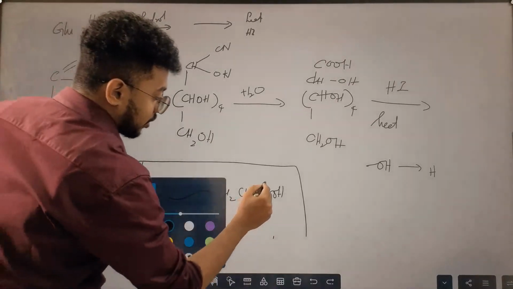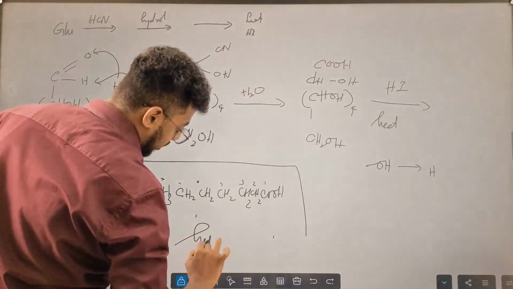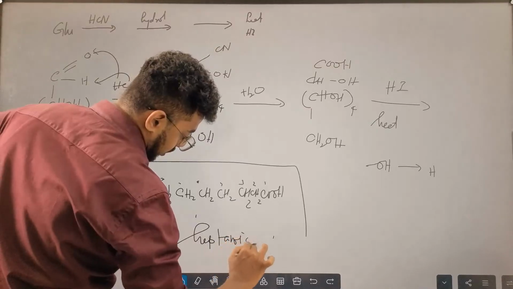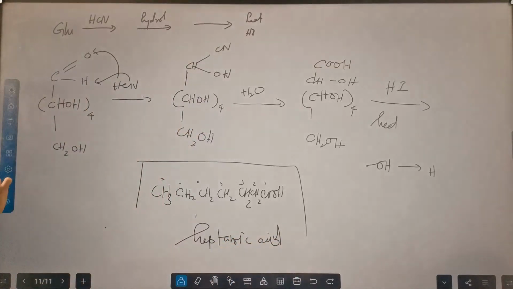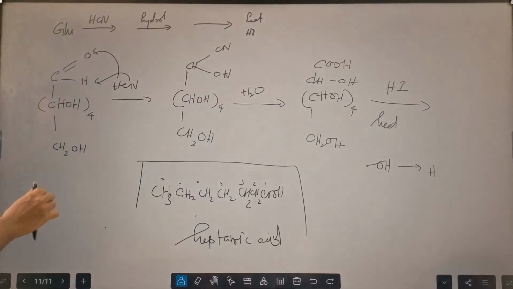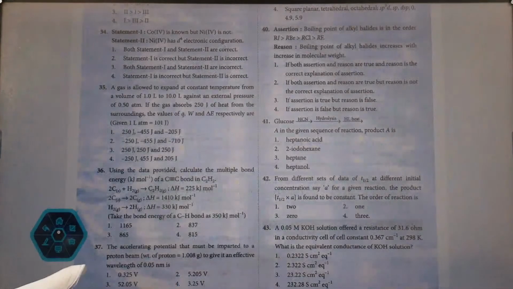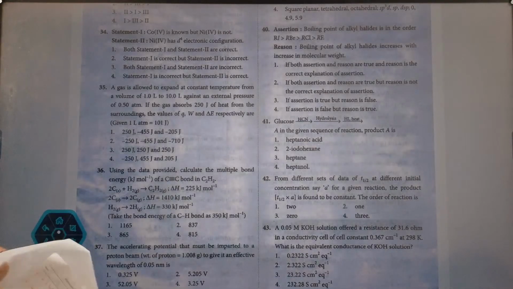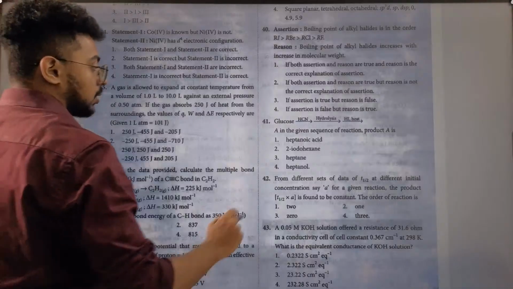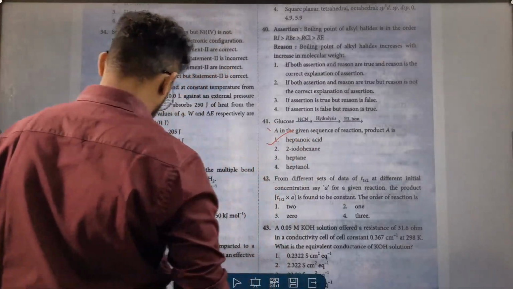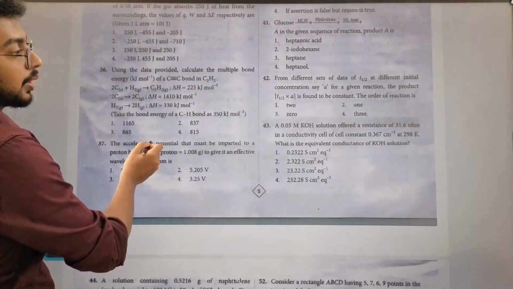Now it is 1, 2, 3, 4, 5, 6, and that is heptanoic acid. The right option for this question is heptanoic acid, option 1. For 41, the right answer is option 1. So moving on to the next question,